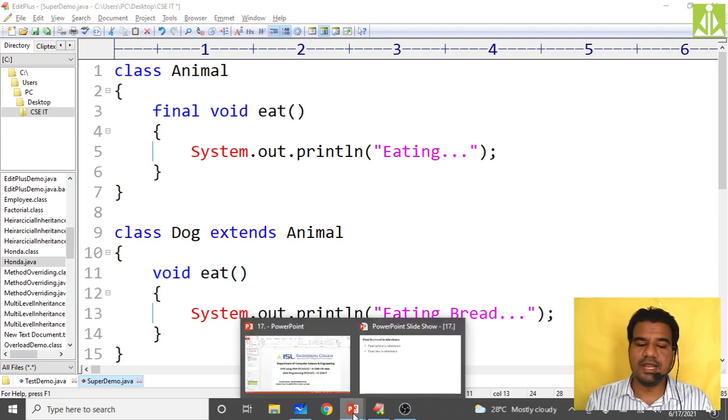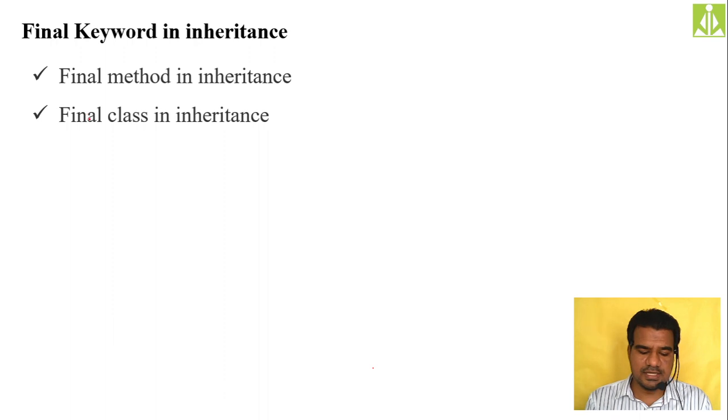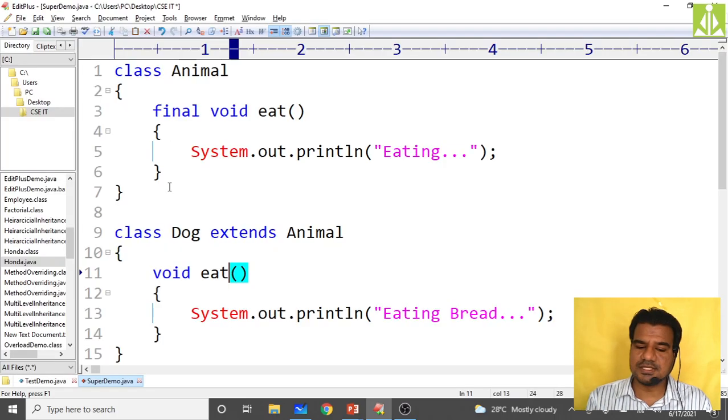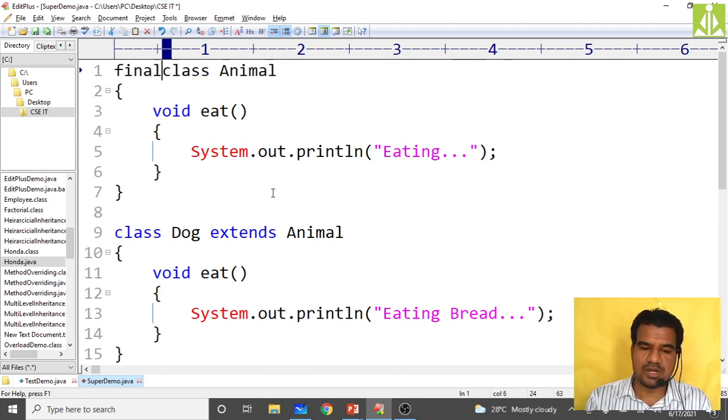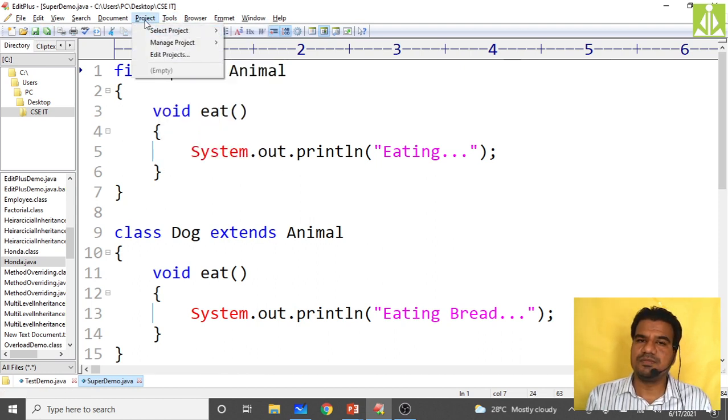Now the term final class we have. Final class in inheritance. You cannot inherit a final class. You can't use the extends keyword with a final class. So instead of making this method final, you make this entire class final. So now what will happen? I cannot use extends on this Animal class because it is final. The class Animal is final. See, something that is final, we cannot extend it. If you're already deciding it as final, how can you extend? If it is not final, then only you can extend.